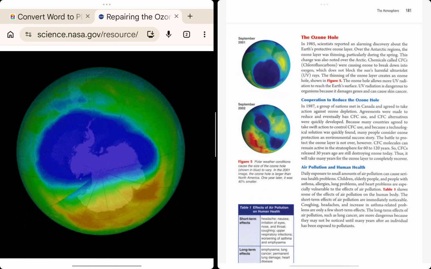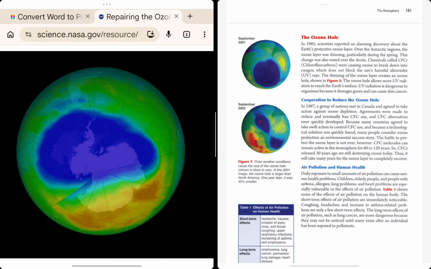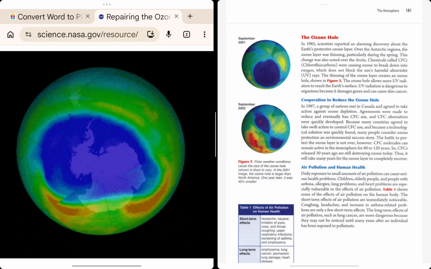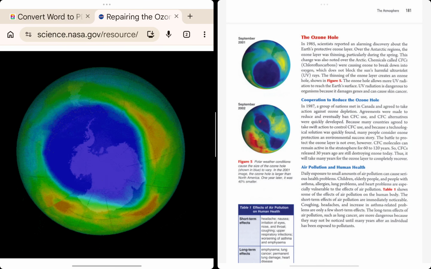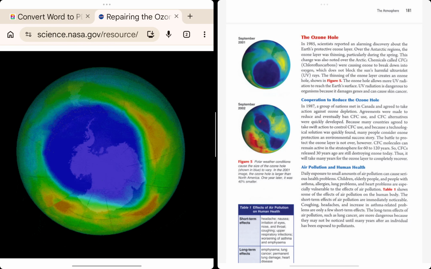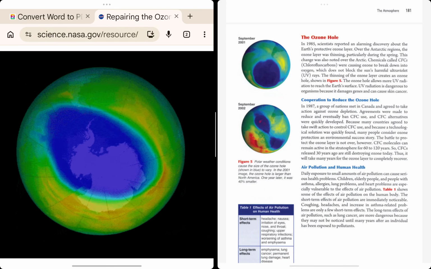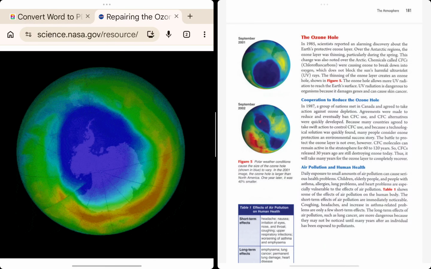The ozone layer is the layer in the atmosphere we previously talked about that protects Earth from UV radiation, ultraviolet radiation. So when chemicals like chlorofluorocarbons, which are called CFCs,